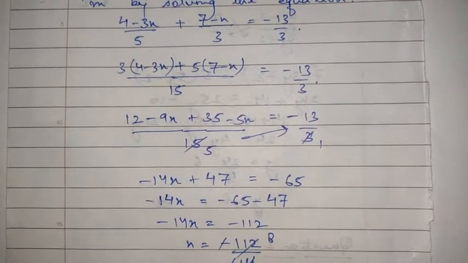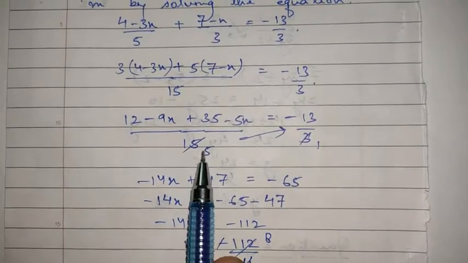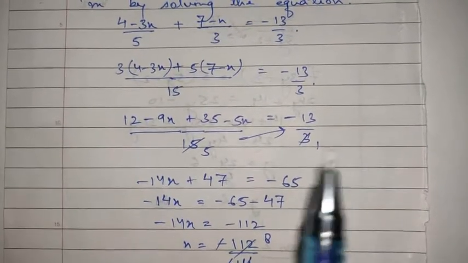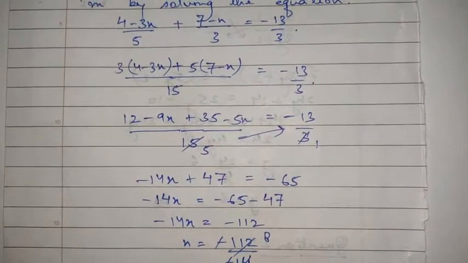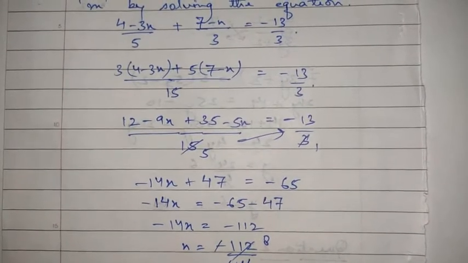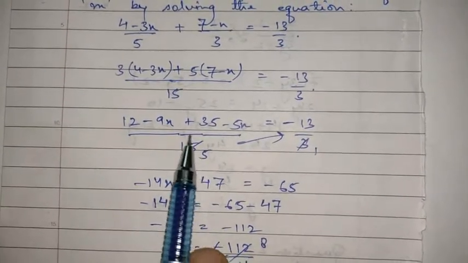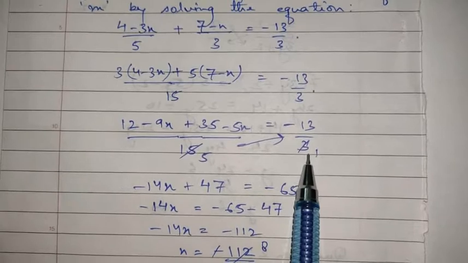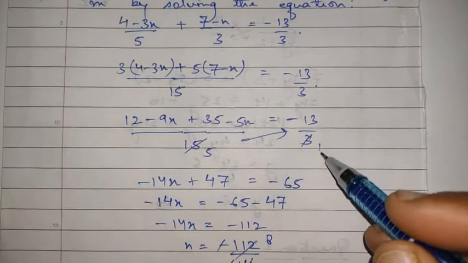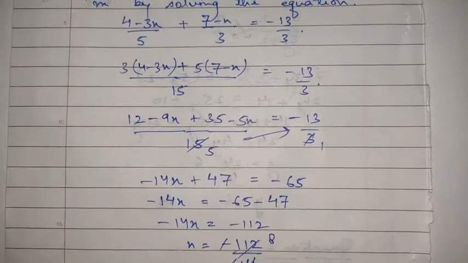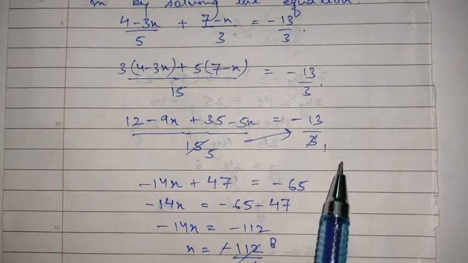As I told you earlier, for making our calculation work easier, generally what do we do? If we find single fractional terms on both the sides of the equal to sign, and if the denominators of those two fractional terms are the same or they are multiples of each other, then in that case we try to cancel the terms. So as you can see over here, on the left hand side the denominator is 15, and on the right hand side the denominator is 3, and as you know 15 is a multiple of 3, so I can cancel this 3 one time, and this will go 5 times. So both the denominators can be cancelled by 3, and this will make our calculation work easier.